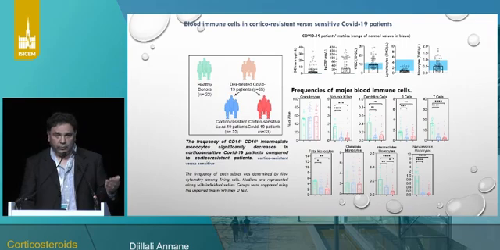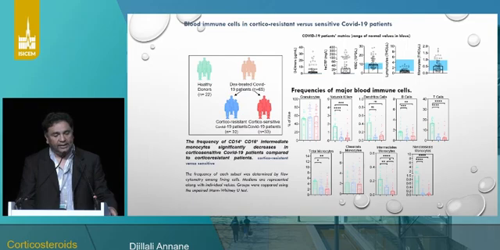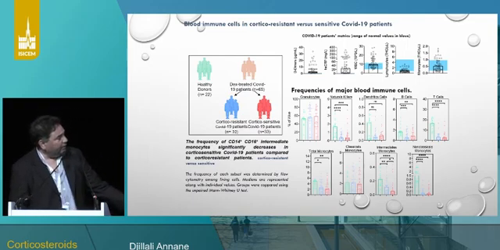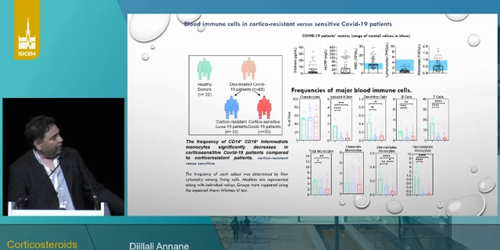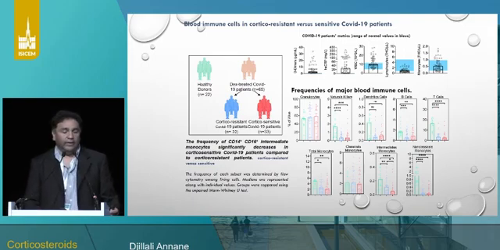So continuing to look at the circulating cells, monocytes, as you know, COVID-19 patients are depleted in NK cells, in dendritic cells, in B cells, and in T cells. The novel finding here is this one. By dividing the patients into corticoresistant versus corticosensitive COVID-19 patients, one can see that among the intermediate monocytes, patients who are depleted in CD16 positive cells are more likely to be corticosensitive when they are COVID-19 patients.